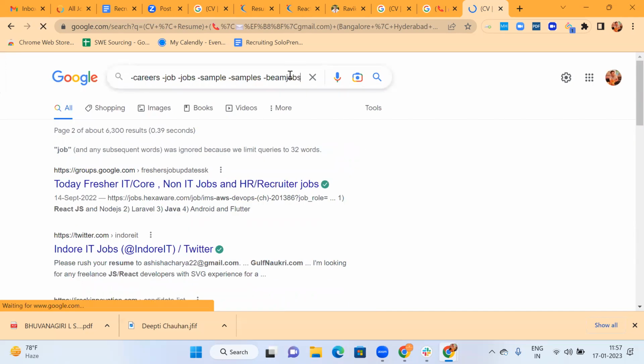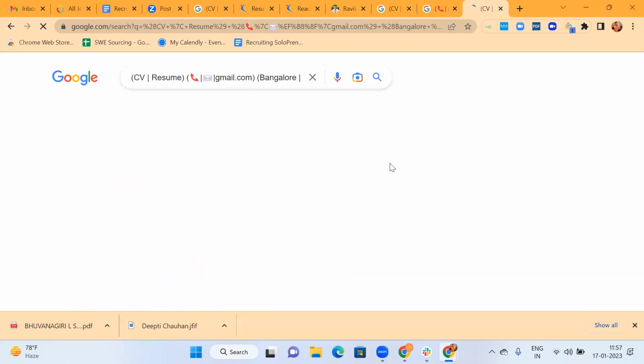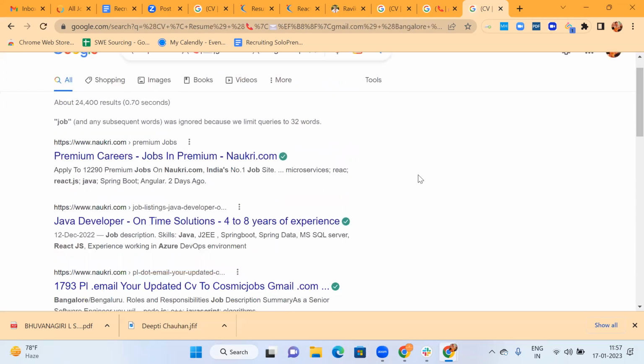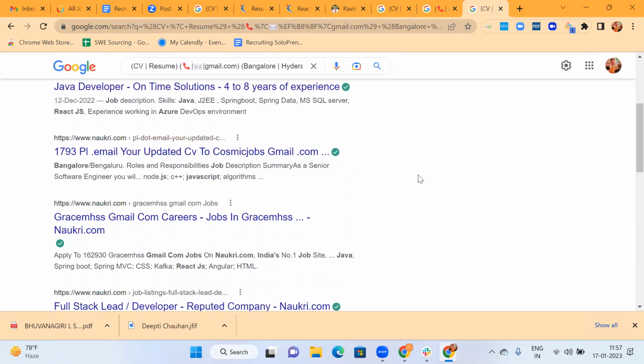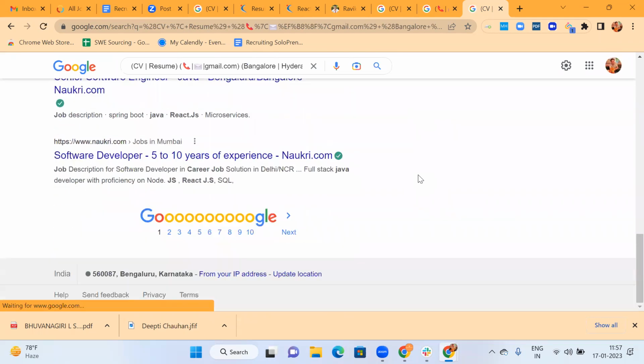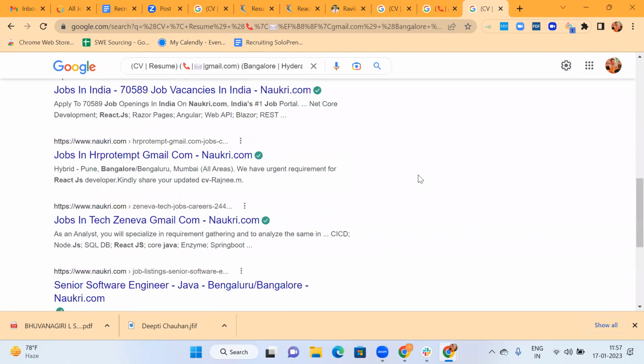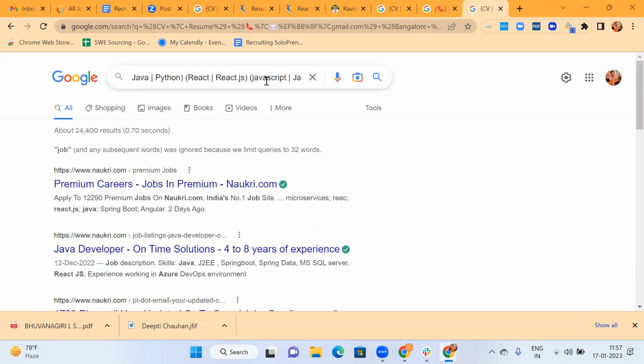Similarly, let's say we remove it from here. Now you see, again we started getting those Naukri, jobs, all those results, because it is understanding those keywords as additional keywords, but not as an operator driven by not, where we need to exclude those keywords.